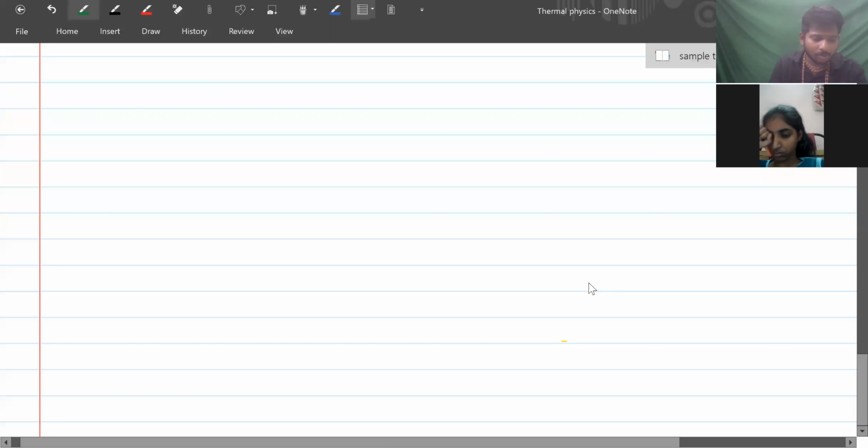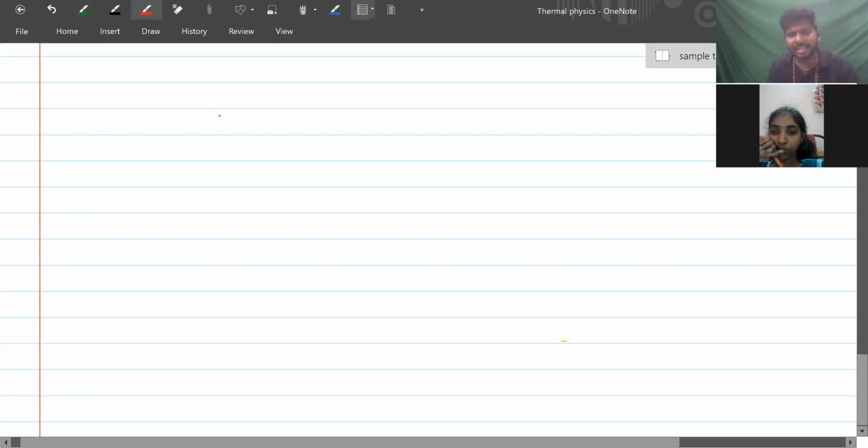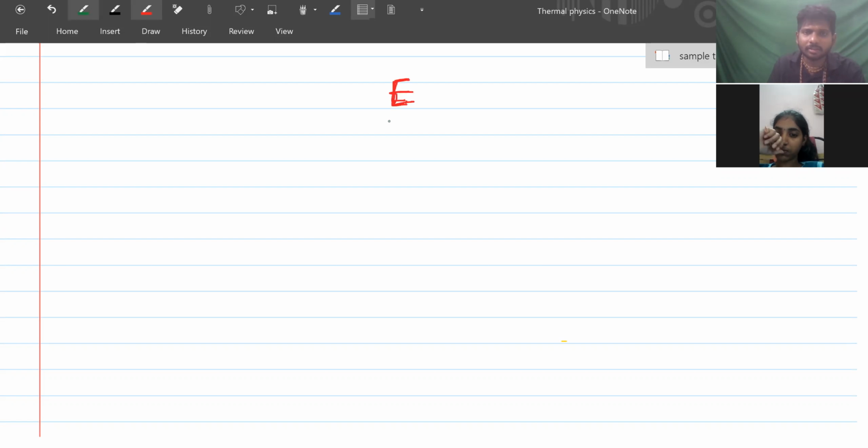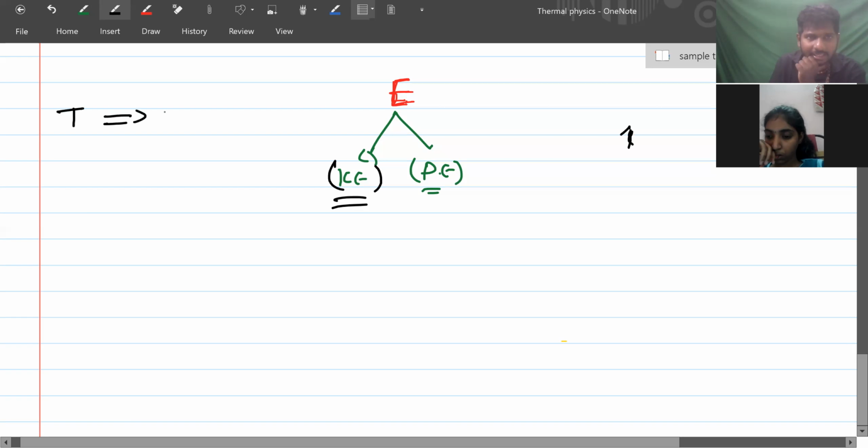Then suppose there are molecules of water, or any substance. So it has some energy, right? Internal energy. Now when you give heat energy to it, it will have two parts of energy. One is kinetic energy, and the other is potential energy. When you are increasing the temperature, this we will study in kinetic theory of gases also in future. Temperature and kinetic energy are related.